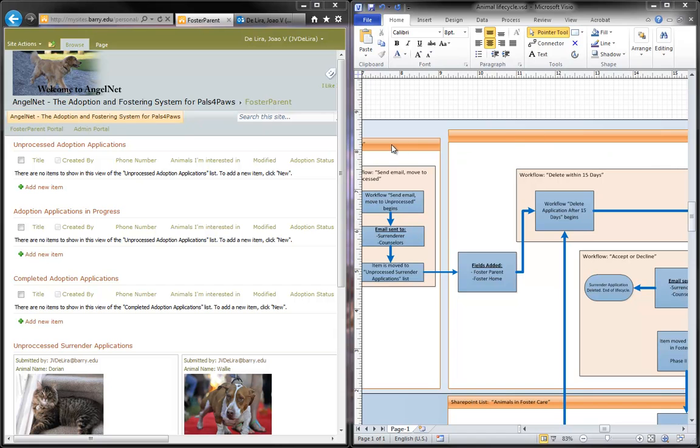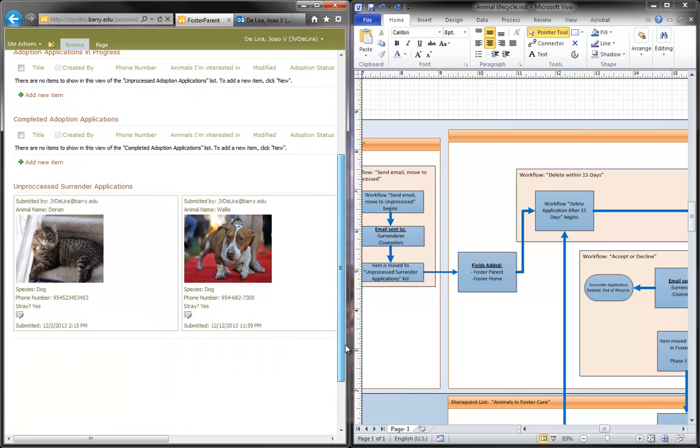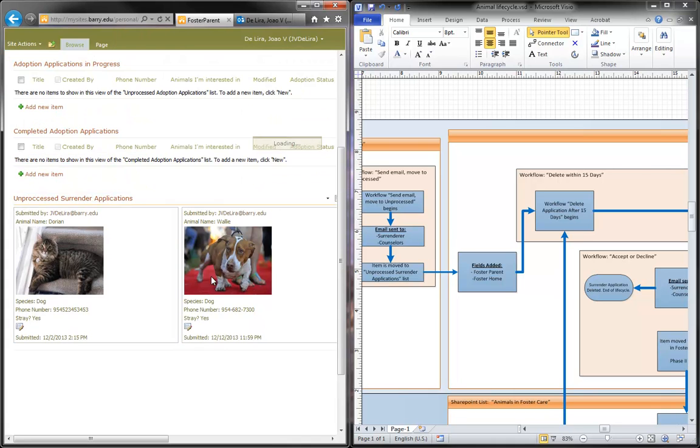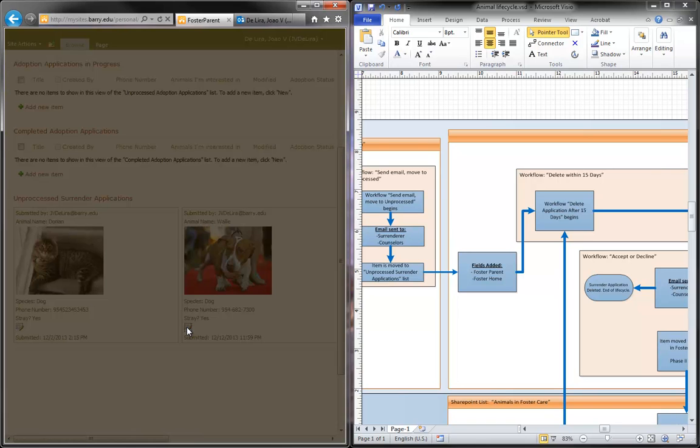Alright, so when it's copied over to the unprocessed applications list, 2 fields are added to the data: foster parent and foster home. We are now logged in as a counselor or foster parent into the foster parent portal, and we see that there is a new application in unprocessed for Willie that was submitted by me. Okay, we're going to go ahead and process that application,